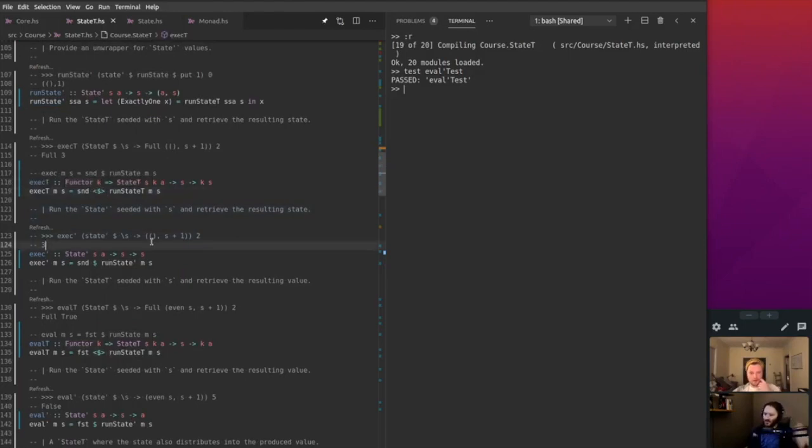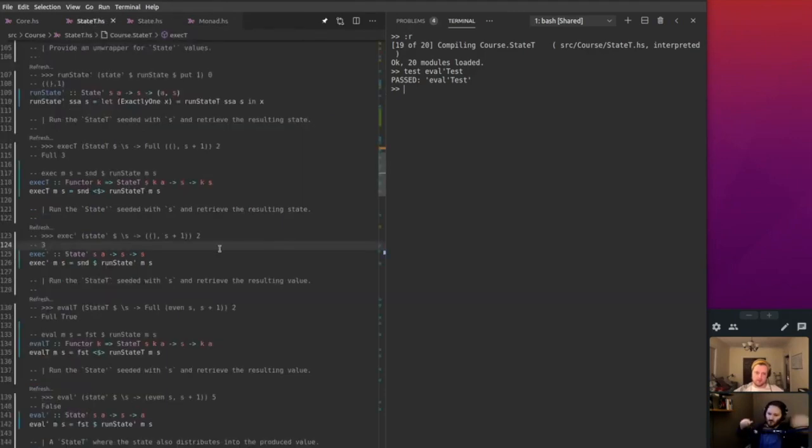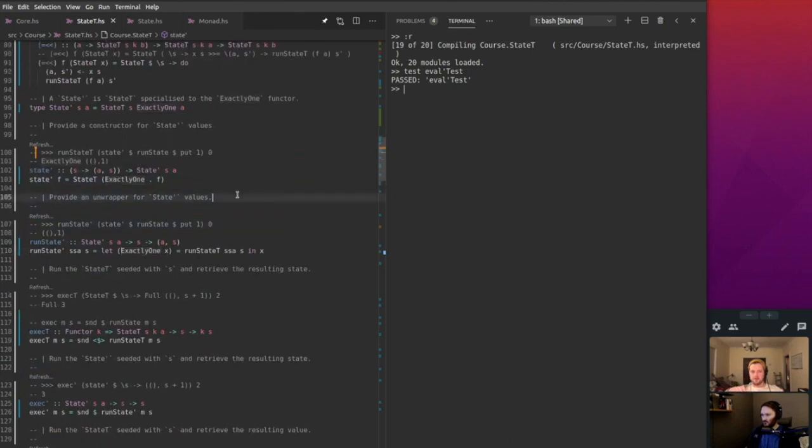I was hoping to draw that comparison between regular state prime and state, because if you're just using these combinators without dealing with the underlying representation, which happens to use exactly one, but exactly one is the same as identity. You can always go between A and exactly one of A for any A, right? You can always go back and forth between them. So in some sense, exactly one is not really doing anything. Since state prime is StateT S exactly one, you can think of it as